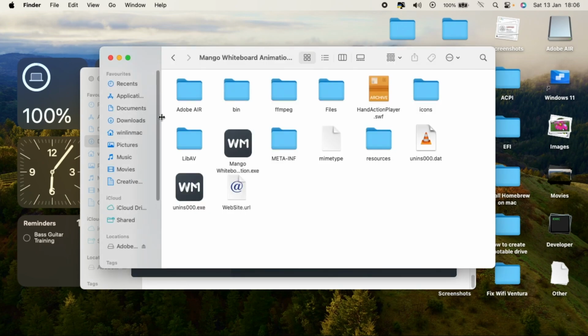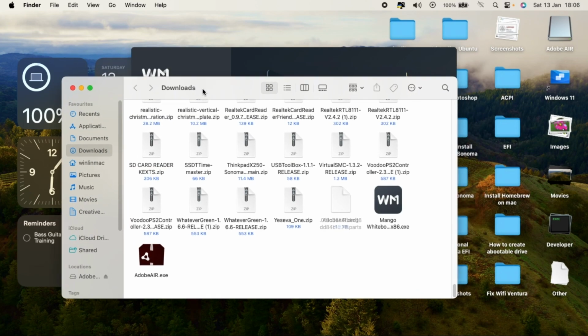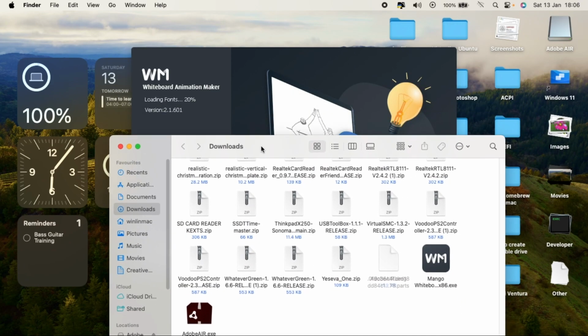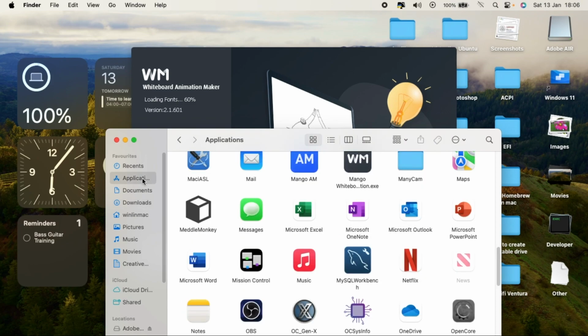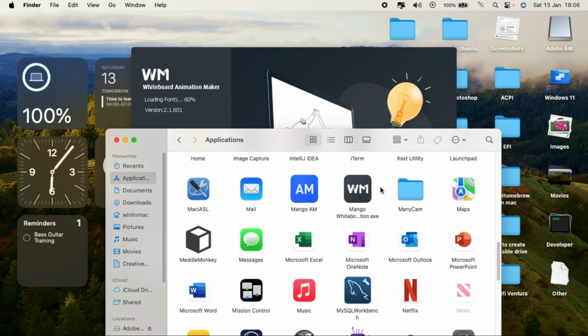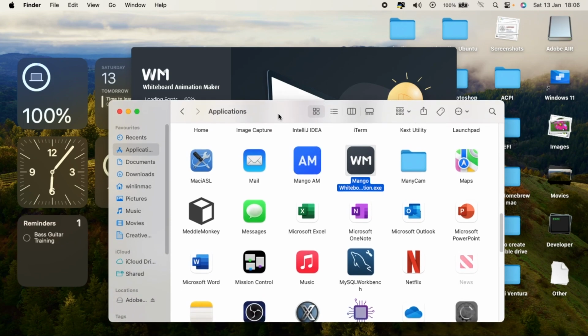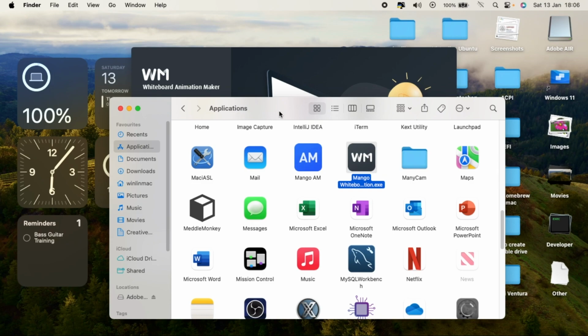What I mean is that, let me minimize this and show you. I was trying to launch my application. As you can see, it's loading. So I was trying to launch my applications. I copied this file from the native installation folder and tried to run it as a Mac application. I put it in my applications folder so that I can easily access it, but I think that's not how it works, because if you see,